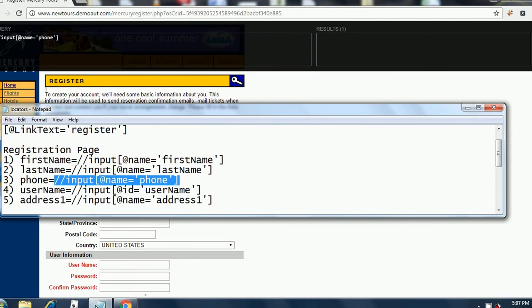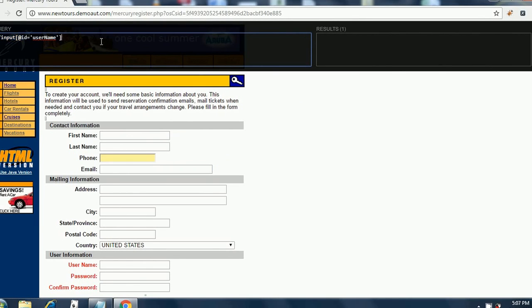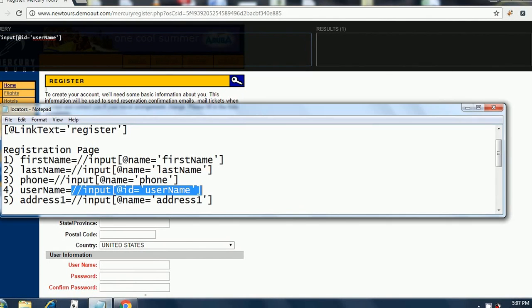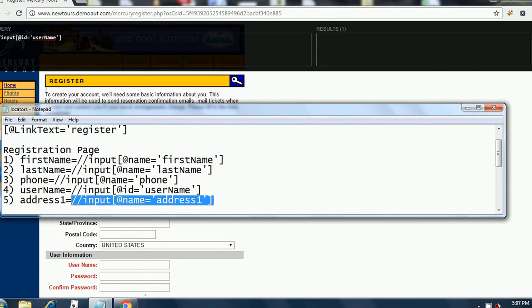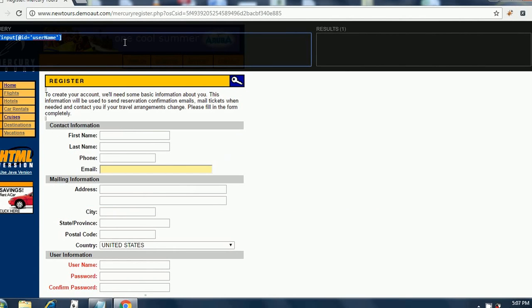The next one is by ID, username. There you go. It highlights the email field. Then comes the address one, and it highlights the address one.